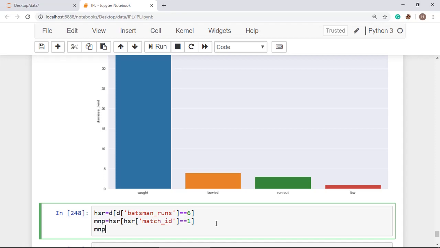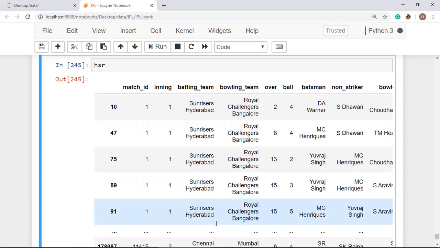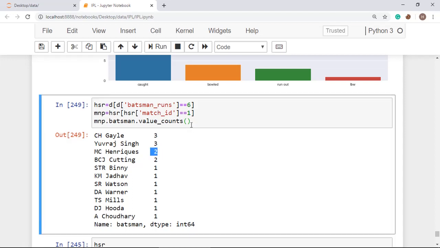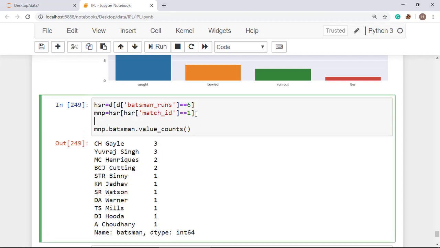So I am doing m and p dot batsman, and this will value counts, meaning how many times a particular batsman has scored sixes in that match, and this will display the result in this manner. You can see in the first match Chris Gayle has scored 3 sixes, Yuvraj Singh has scored 3 sixes, MC Hendricks has scored 2 sixes, and you can confine it also for a particular inning.